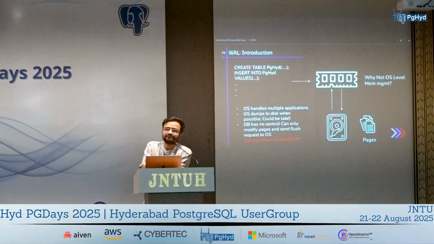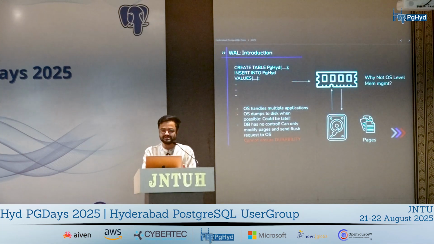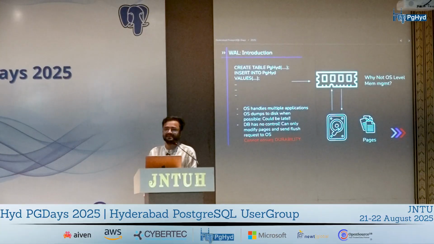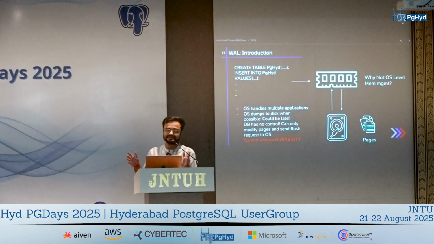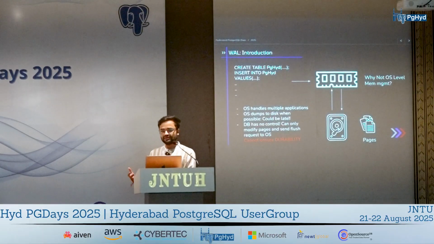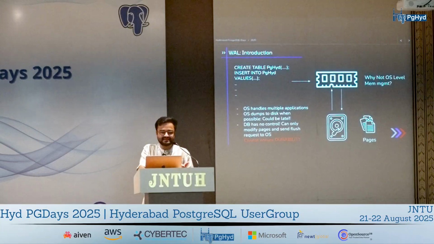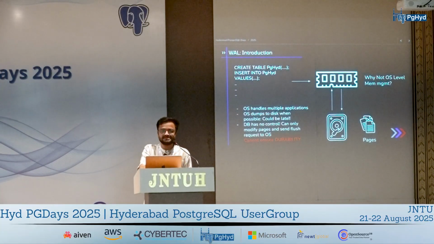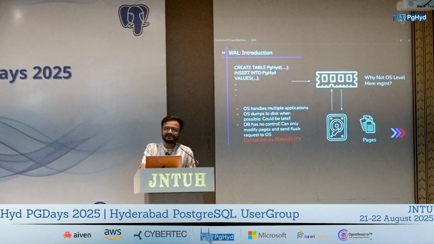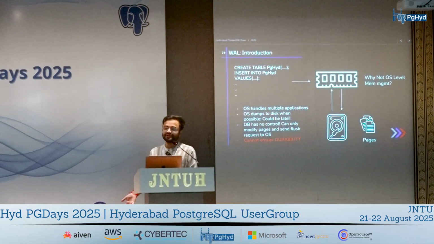So let's say you have 100 applications running on that particular machine. Even if you are hosting a database server, it's not that only your database is running. You have your firewalls and everything else set up, which is also being treated as a resource from the perspective of the operating system. So if there are any sudden interrupts, or if an application suddenly requires a large amount of memory, it is possible that your data does not end up being flushed to the disk.